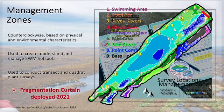We also use the management zones to conduct surveys. We use transects and quadrats as our method to gather biological data, and so that's a diver on the bottom categorizing what kind of plants, what bottom type is, invertebrate activity, things like that. And this is all to try to figure out a little bit more about milfoil, or Eurasian water milfoil specifically,